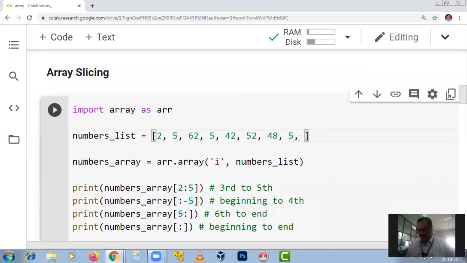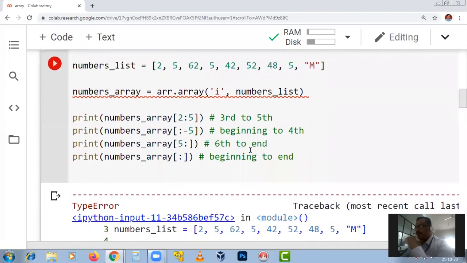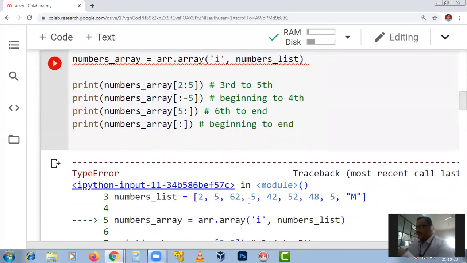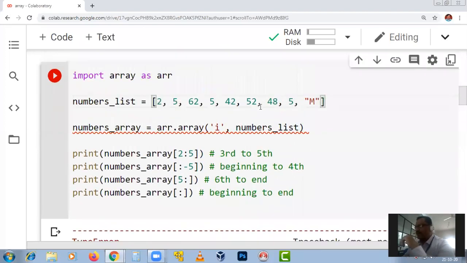I just add one string value. Now this list has become heterogeneous. If I include it as an array, it will definitely throw an error. See, error. Because it supports only integers. You're trying to create an array of integers, but the list contains not only integers but also some other data type.